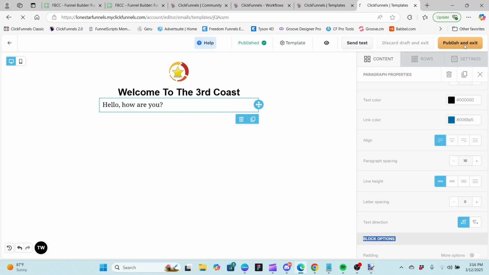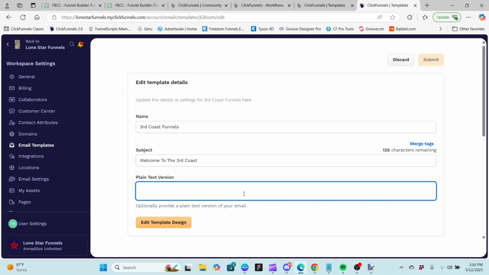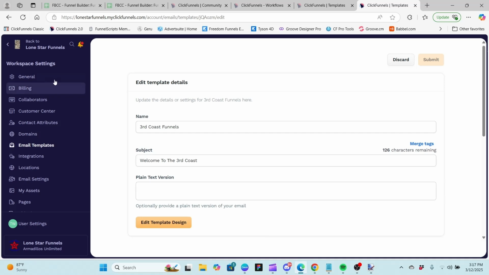Now, since we don't have the workflow actually turned on, we don't have to worry about anything there. All right. And it brings us back to here. And so we could discard this, or we could edit the design. That's all we can really do. There's an option to provide a plain text version. We're not going to do that. So let's go now